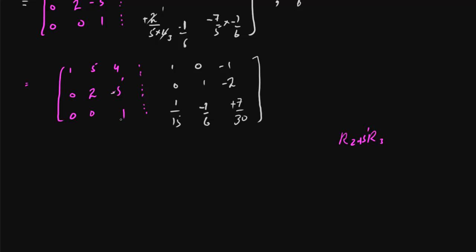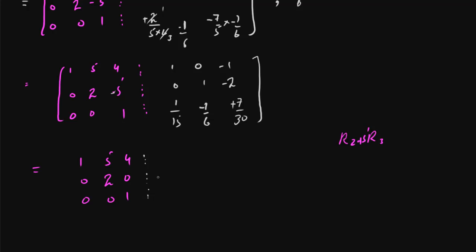We are going to multiply R3 with 5 and add here, we will get 0 15 4, and we have 0 2 0, and we have 0 0 1, and similarly we are going to write here,